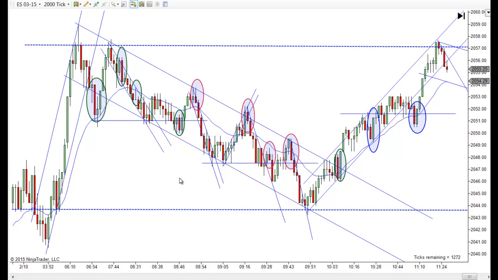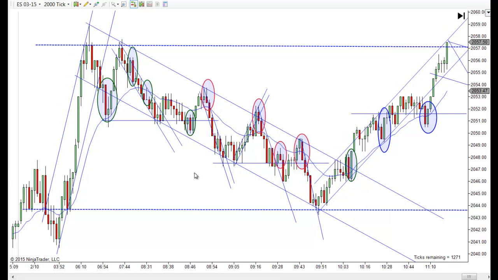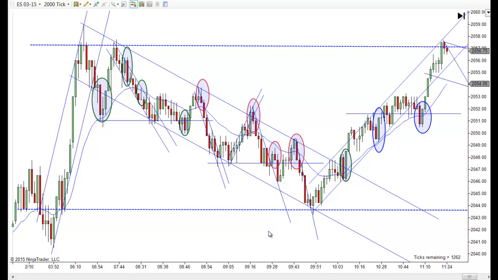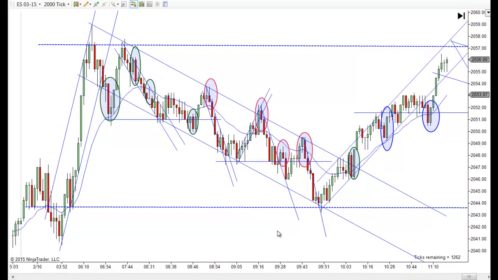And I had another trader that sent me a couple of emails. He went long here, and then he went long, I think, here. And then he was talking about going long from right in here. And you notice it kept on going down. And I sent him an email,